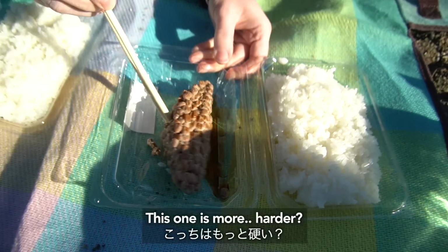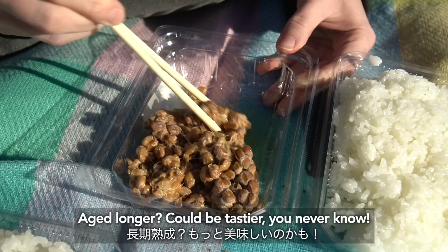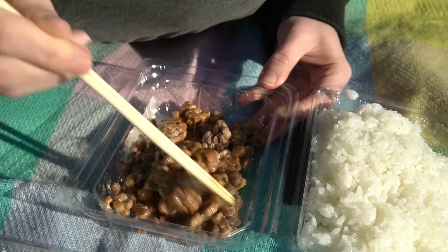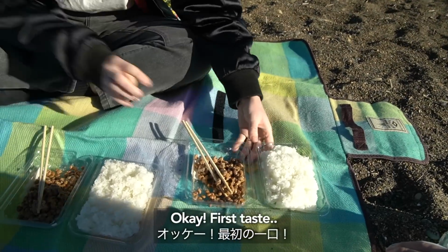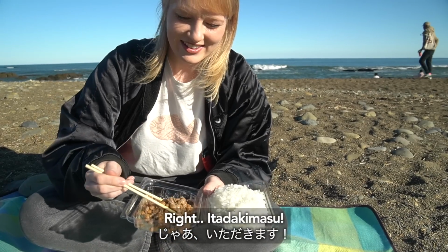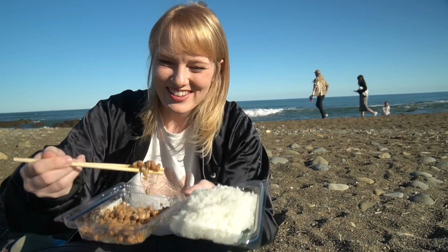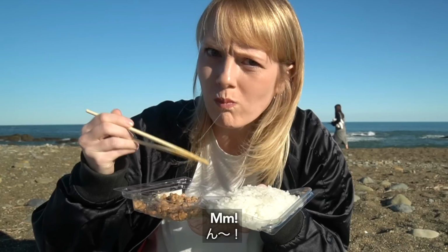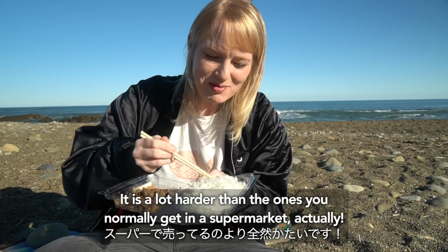次こっち。こっちはミト。肌。Yeah, drier I guess. Aged longer, could be tastier, you never know. Oh. Okay, first taste. The original souvenir. ミト納豆。じゃあ。いただきます。わー、見て。うわ。Whoa. どう？It is a lot harder than the ones you normally get in a supermarket actually, but